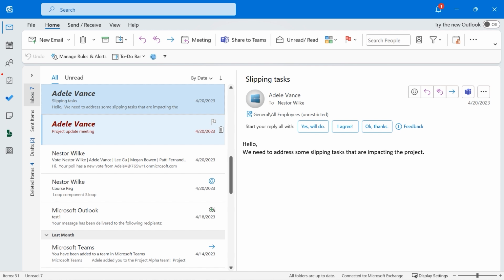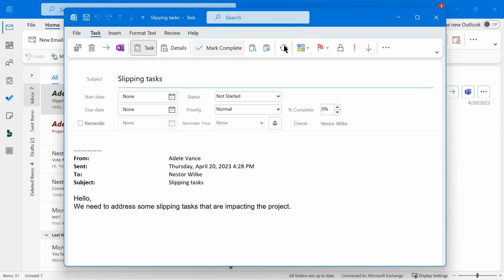The other way, if you take a look on your left pane over here, you'll see the actual task app. And what I want to do, I can just simply drag this message right onto that task app icon, and we'll convert it into a task for me. So that's what I'm going to do. I don't feel like creating a quick step. I'm going to go ahead and drag this right onto that task. And as soon as I let go, here is my